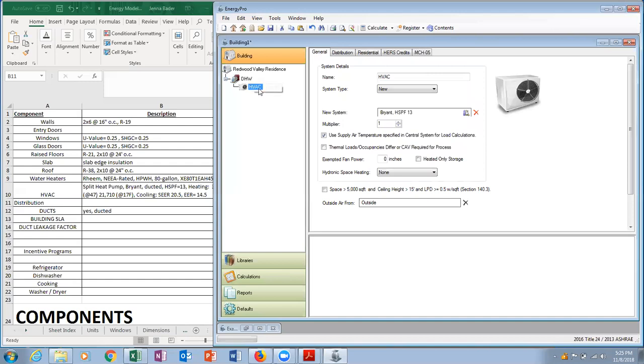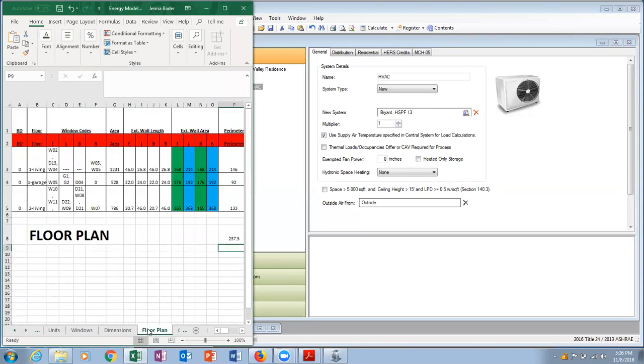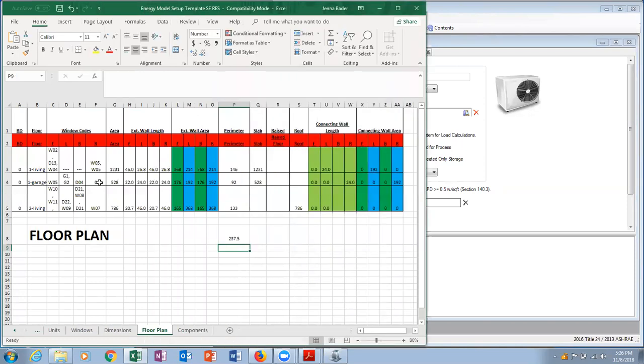So there's our domestic hot water and HVAC systems that are already selected for the house. And now we're going to right click on the HVAC and we're going to add the architectural components of the house. So when we work with the model, we're going to be looking at this floor plan tab so that we can keep everything organized based on the zones. So when we took all this information from the building plans, we already organized it into the zones based on whether it's on a different floor, different story of the house, or whether it's being controlled by a different HVAC system,